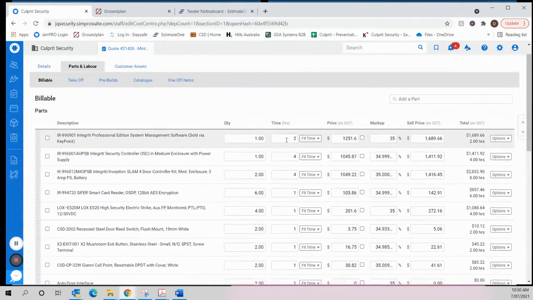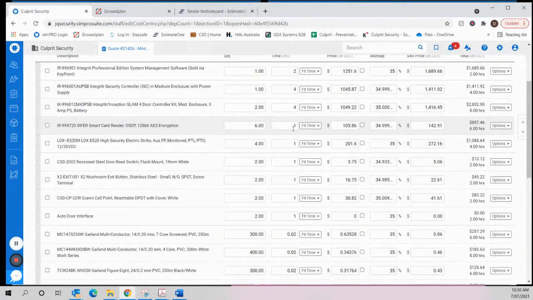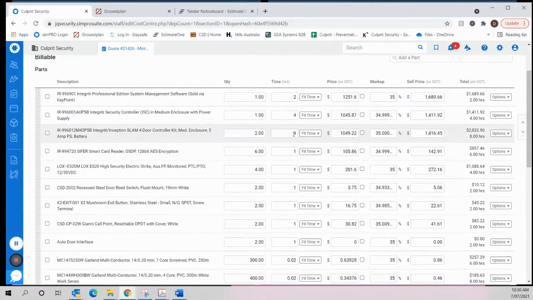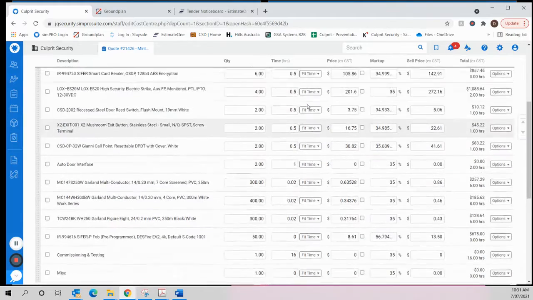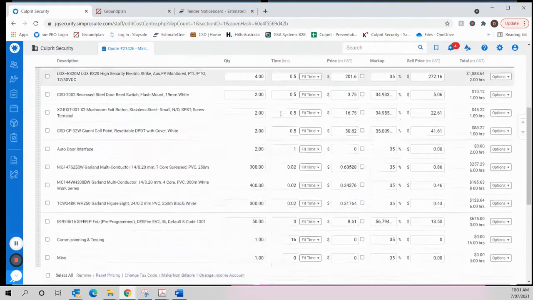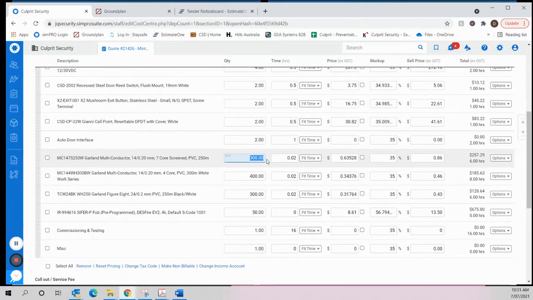All of these hours are based on the time it takes for us to work through a process. In the tender space, we tend to rationalize these down a little. I'll set these up so that you're not having to make these changes. So I'm just going to change these to half an hour. That's based on our experience of working with these products. I'm also going to double